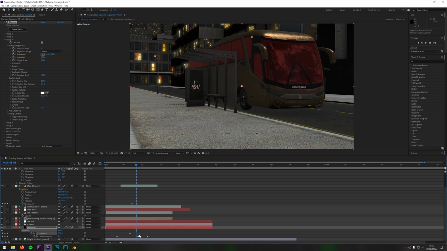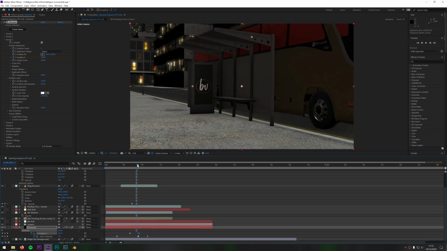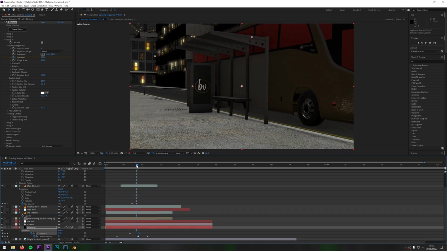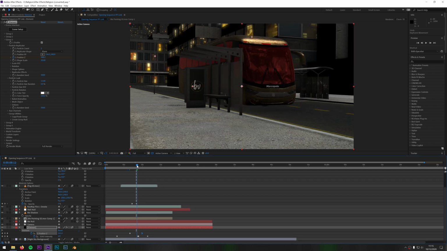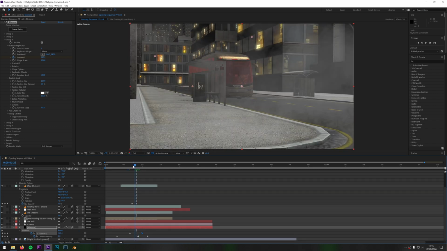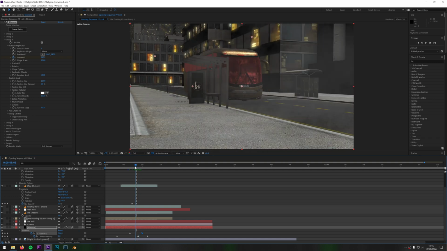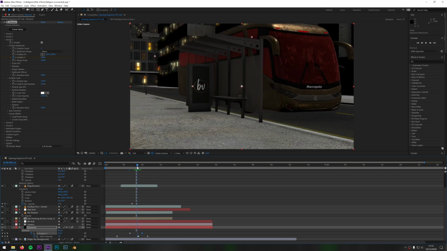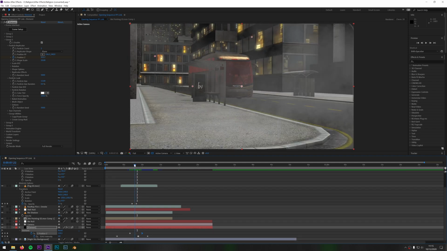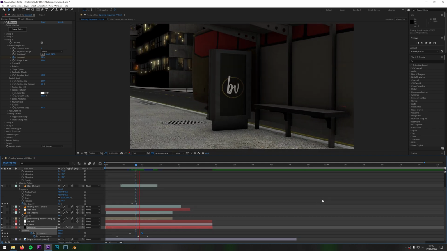The wheels on the bus don't actually move. If you look at the wheels, they're not moving. And this is why I hid it behind the bus stop, so you don't really notice. As far as I'm aware, this one isn't rigged, so I can't do that. You can get certain objects that are rigged, which you can animate separately using aux channels, but I'm not going to go into that in this video. This is just a very quick demonstration on how to build a 3D scene and how I've done it to get that effect.